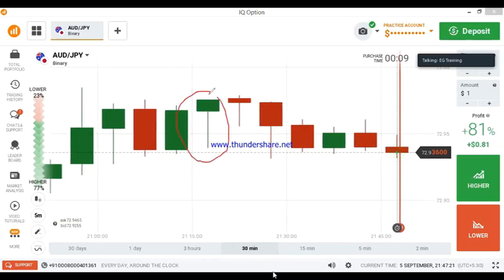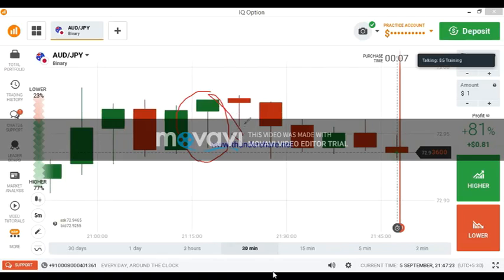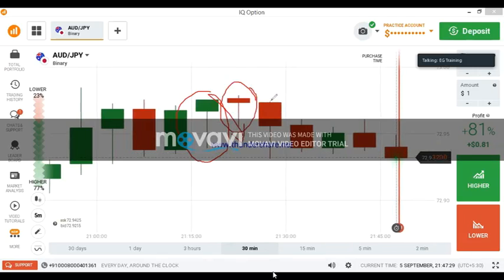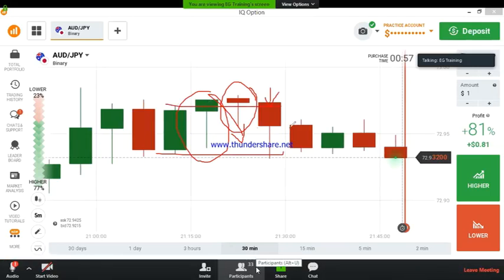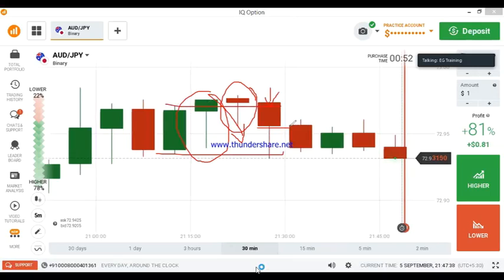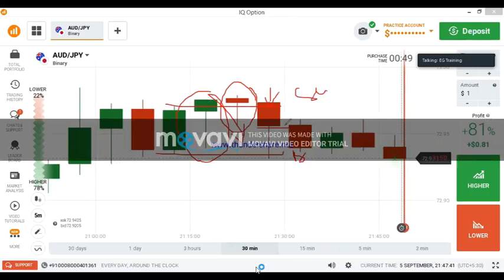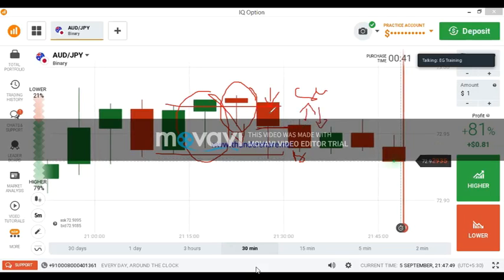This candlestick is showing us the market wants to reverse. This candlestick is showing us the sellers are active in the market. Again the seller's entry, and buyers are here, sellers are here. The closing point is here. We don't know if there is a seller or buyer. We don't know actually. We know buyers are here, we know sellers are here. We can't go with buyers, we can't go with sellers from this level because we don't know whether there is a seller or buyer.